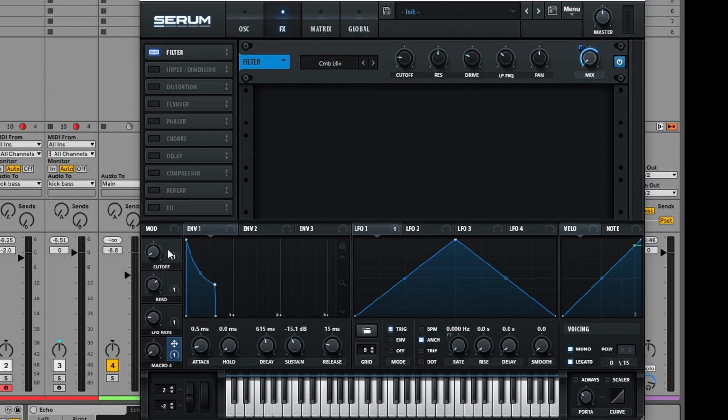Here I will go 0, and I will connect macro 1 to cutoff in this filter. So here macro 4, which represents this mix knob, I will call pump filter,